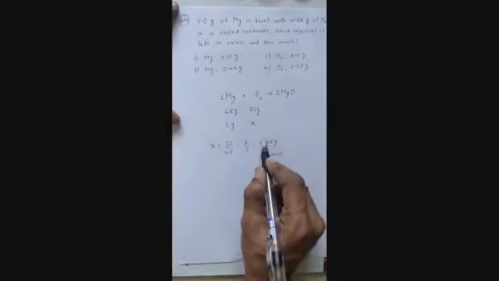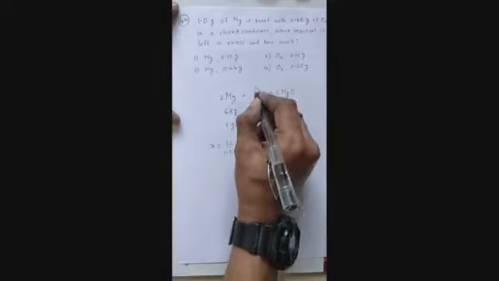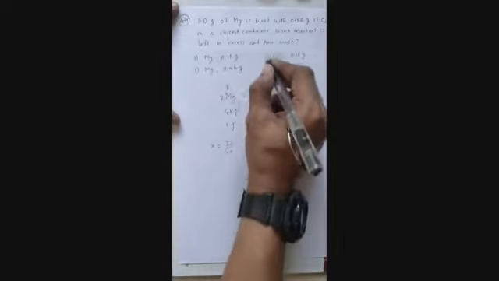ऑक्सीजन की ज़रूरत कितने की है? 0.66 ग्राम की ज़रूरत है, लेकिन अवेलेबल कितना है? 0.56 ही अवेलेबल है. आर यू गेटिंग इट? है ना, मतलब वो क्या हो गया? लिमिटिंग हो गया, और ये क्या हो गया? एक्सेस हो गया. तो ये दो तो आंसर गया. अब मैग्नीशियम कितना बचेगा, दैट वी नीड टू सी, है ना. हाउ मच ऑफ मैग्नीशियम विल बी लेफ्ट.